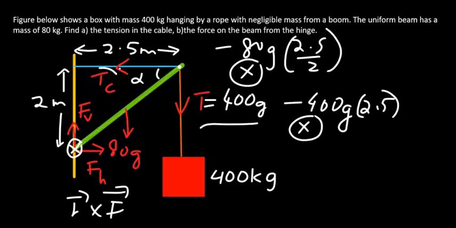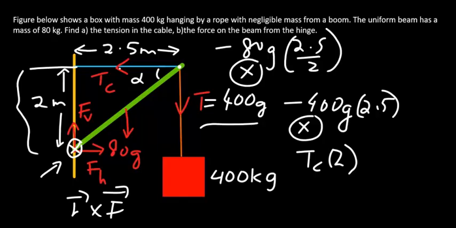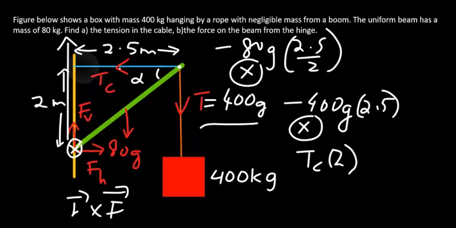Now the last force, which is the tension in the cable. The torque due to that tension about that axis of rotation is given by that force times the perpendicular distance to the axis of rotation, in this case 2 meters. The direction of the torque created by Tc: the vector r goes all the way vertically upward. The force is going leftward. So as you curl your right hand fingers from the vector r to the force, your thumb is pointing out of the board. So this is out of the board, and we can take that term to be positive